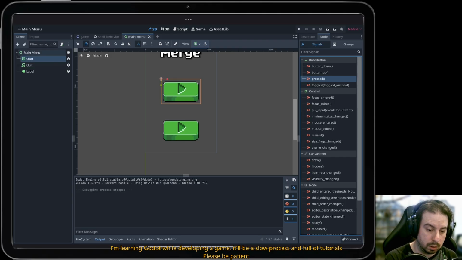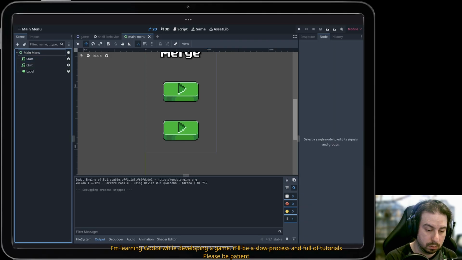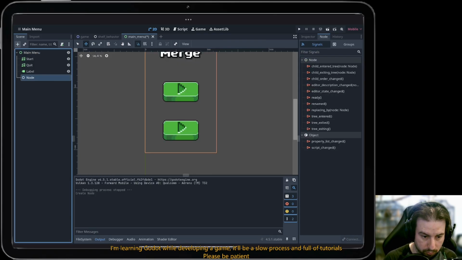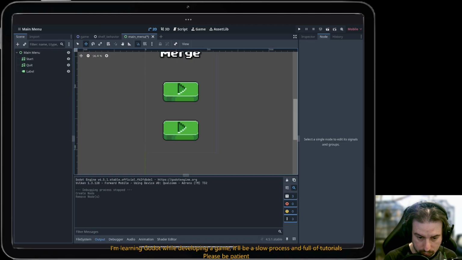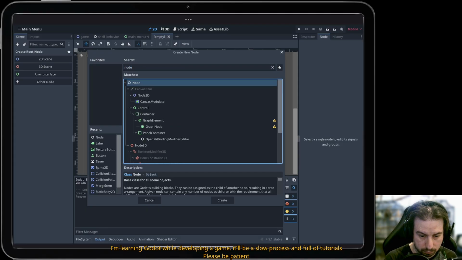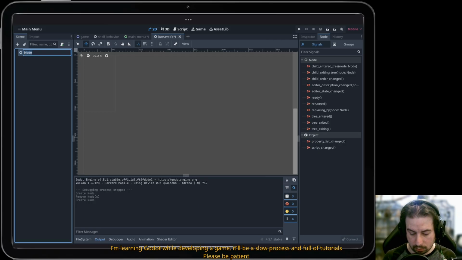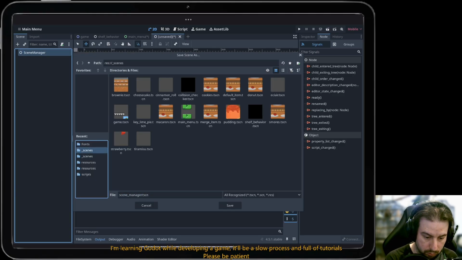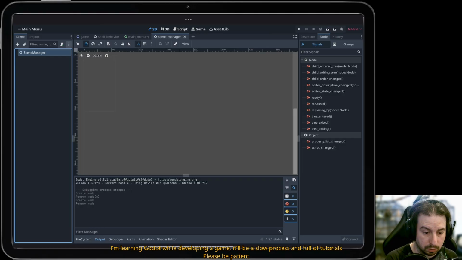So let's create a new node, just an empty node. No, not that. Okay. Let's create a new scene with just an empty node, and we'll create like scene manager, and this on scenes, save and attach a script,